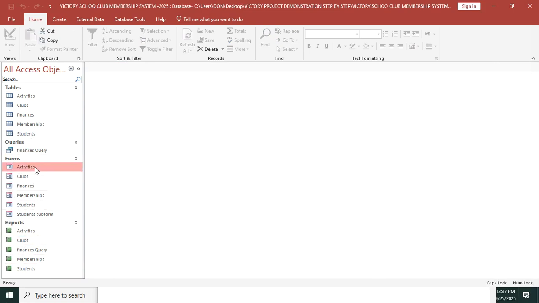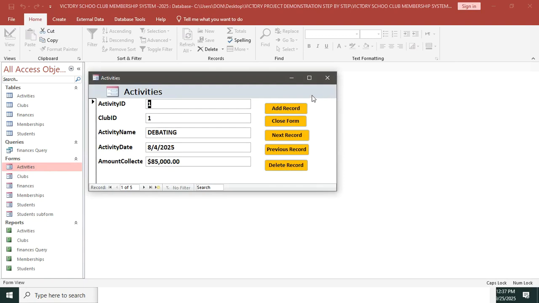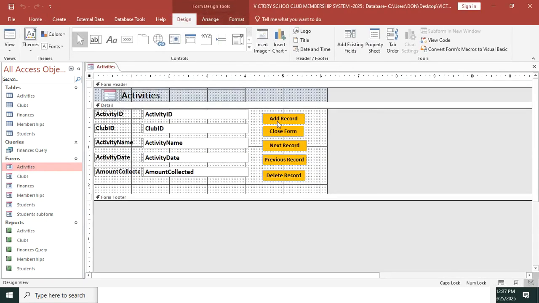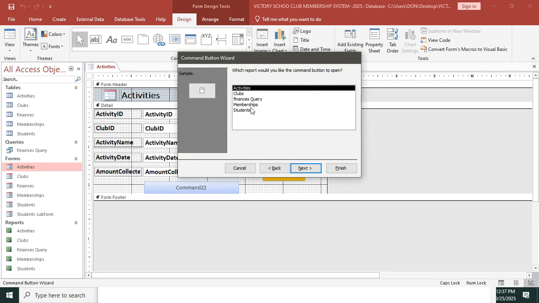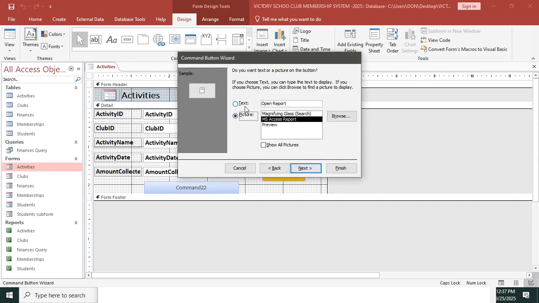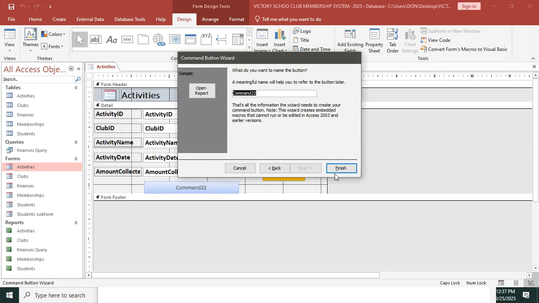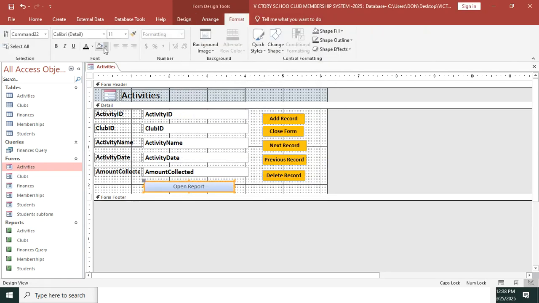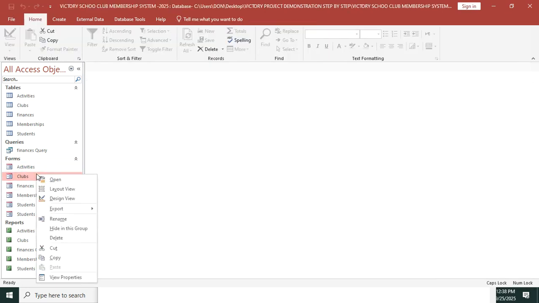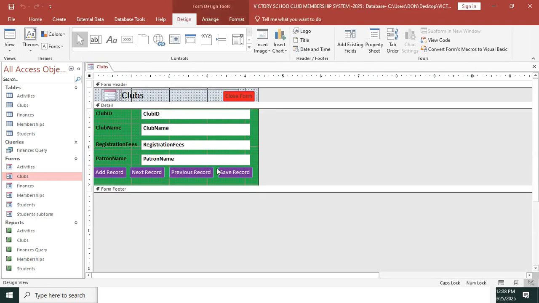So for that case, I just open the activities, go to design view, then here I'll add report. So here we'll have my report, activities report. So report, open report, next, activities, next. So open report. This button opens the report. Format, like that. I cross that one, go to the next one, CRABs, design view,